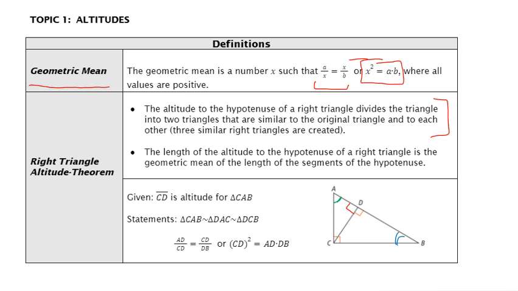So what happens is when we break apart these different triangles, I have my larger triangle that I'm calling ACB, and I have the 1 tick mark and the 2 tick marks. I have this triangle that's on the upper part, which is also a right triangle. So ADC,